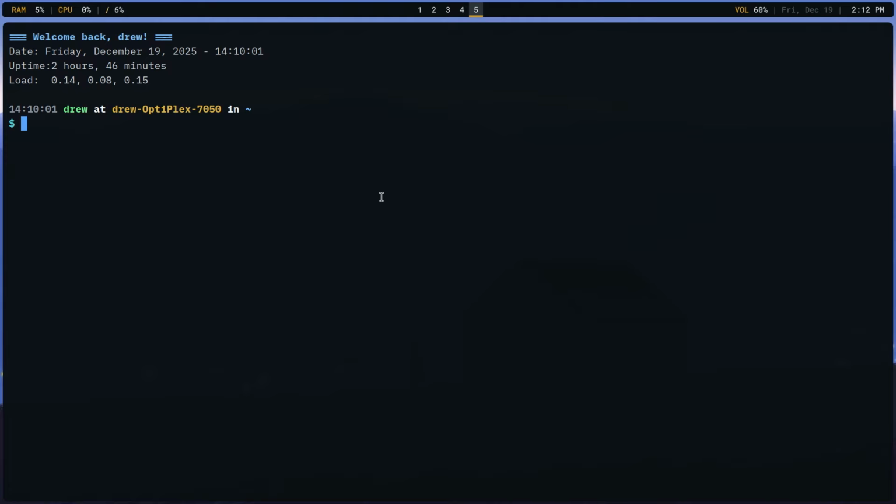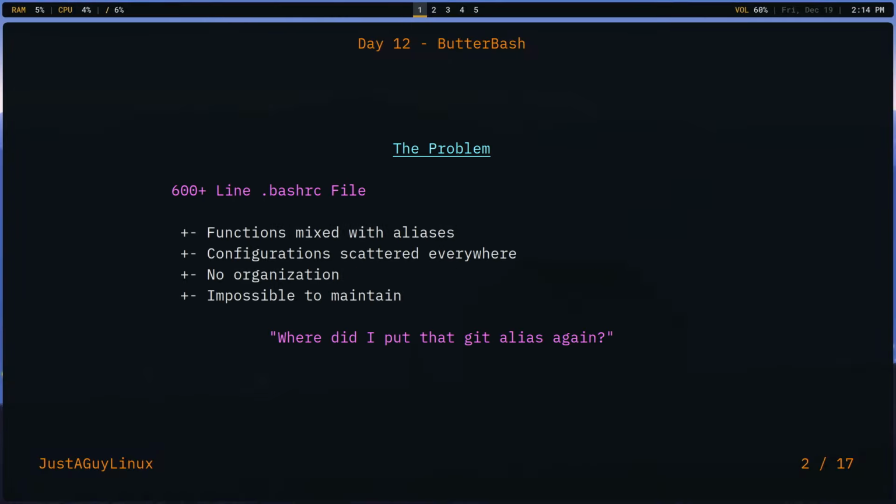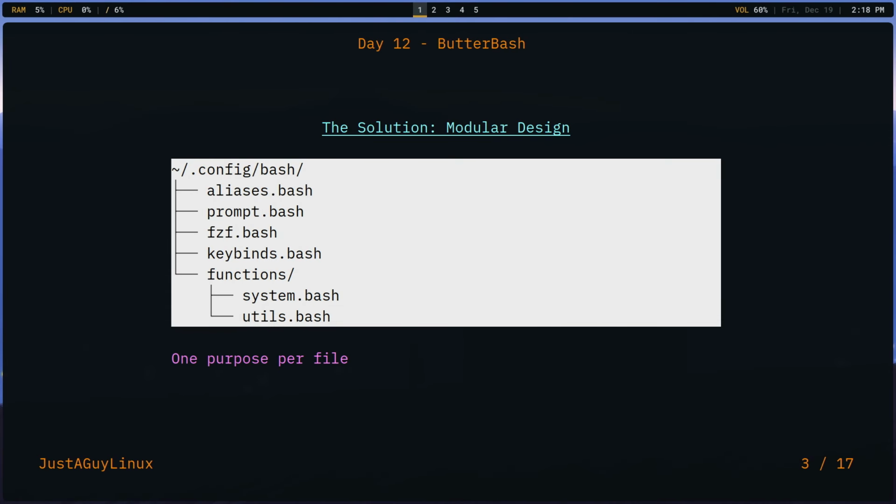It tackles a problem some of us hit, at least, where your bash configs grow to an unmaintainable mess. I have seen some very well constructed bashrc files that are north of 600 lines, where functions are in one section, aliases in another section. This puts you in a position where it's already kind of organized for you, and you don't have to necessarily scroll. So anyway, I thought a solution was to have a modular design,